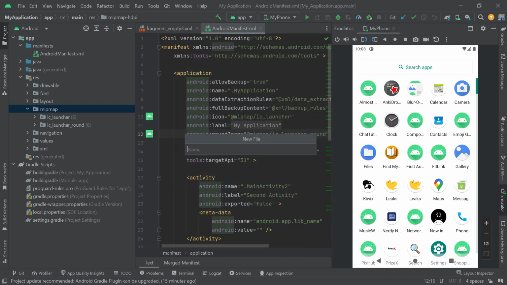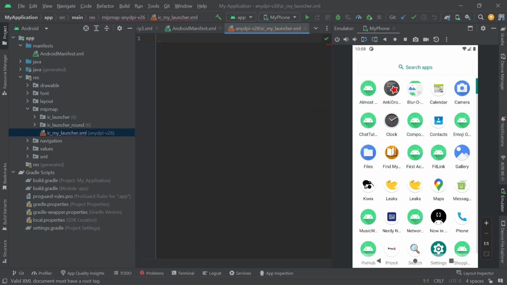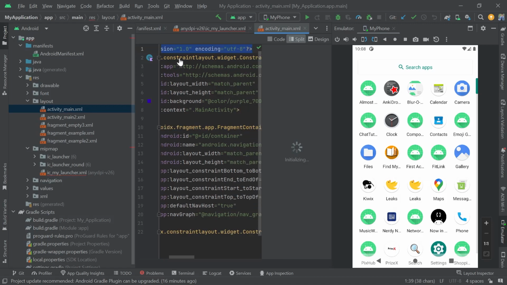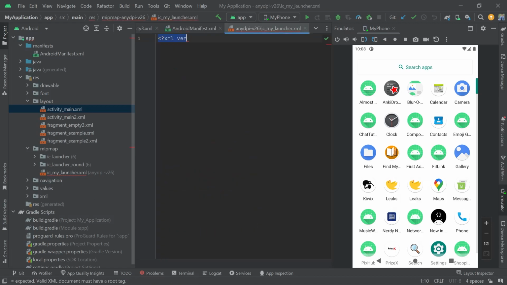So what should be the file name? The file name can be, suppose, ic_my_launcher dot XML. So this should be an XML file. Okay, and here we have to define multiple things. First of all, our XML attribute. Instead of writing it manually, I will just get it from any of my layouts, and you should have this first line. I will paste it here, and after that you can define here